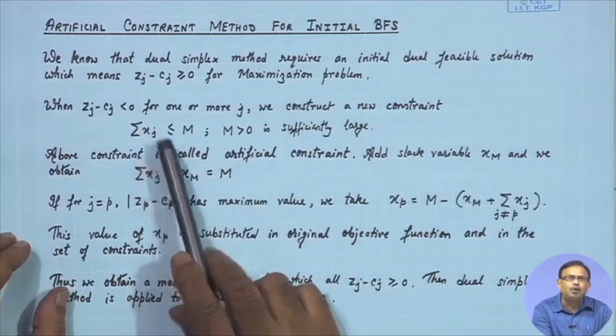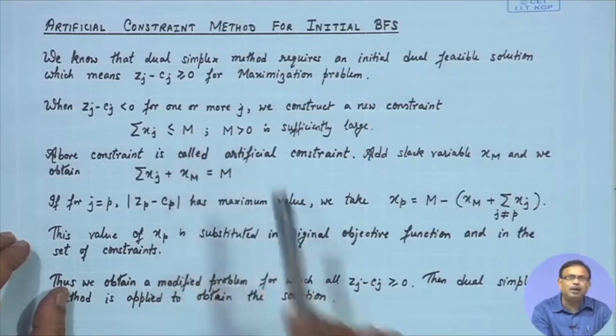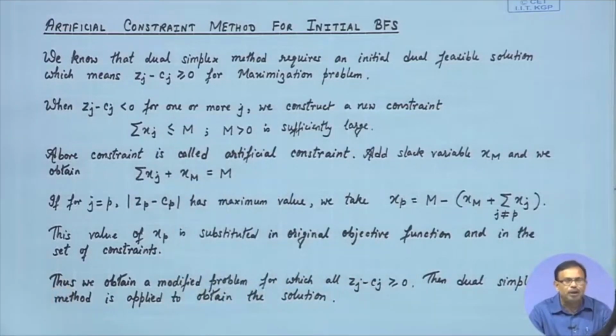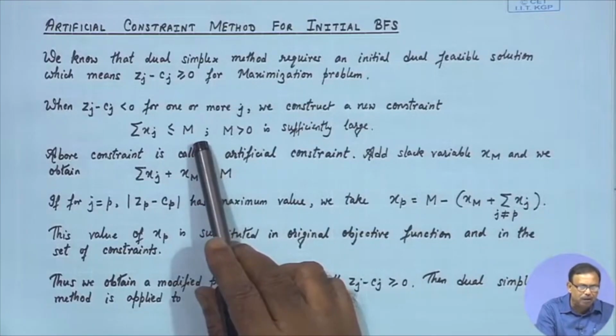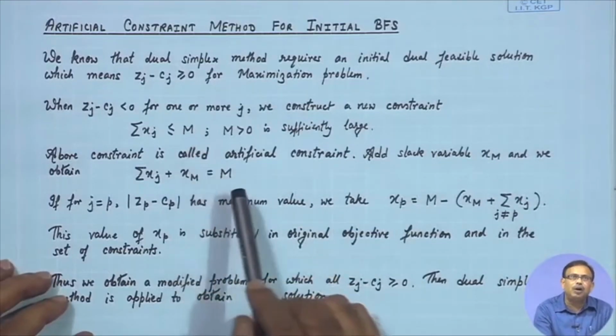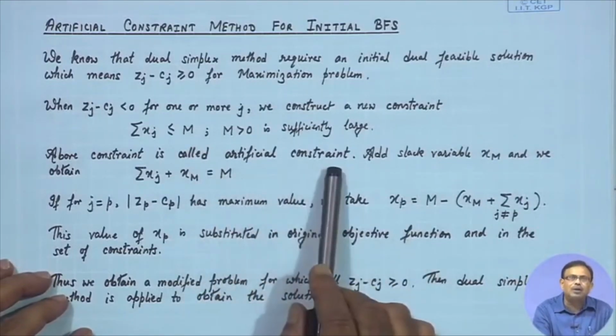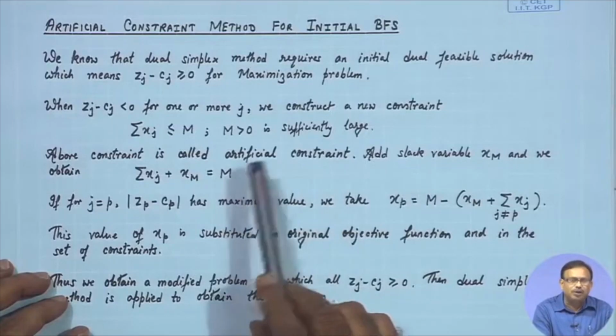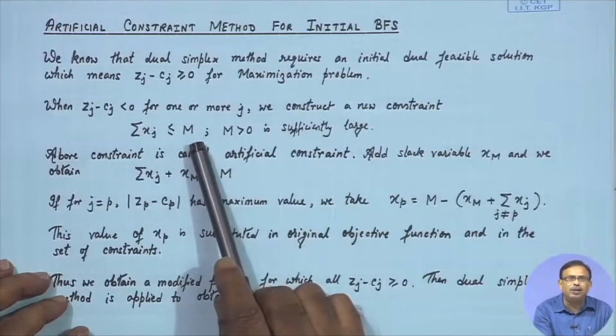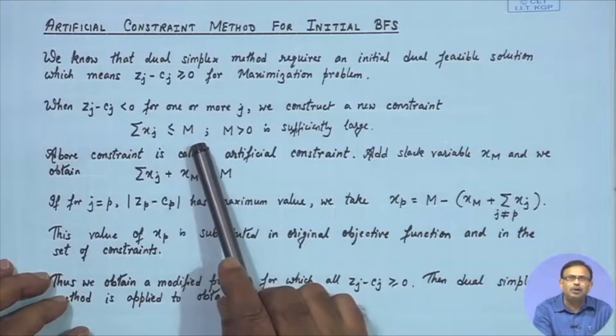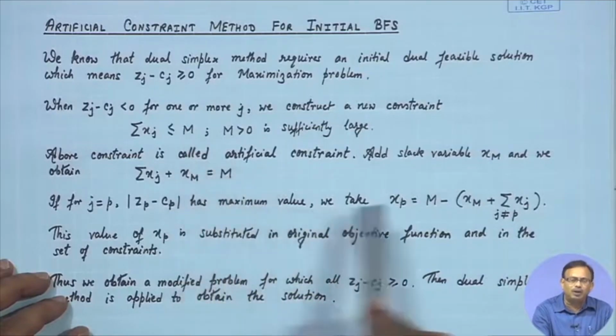That is, the sum of those variables I am making less than or equal to some quantity which is sufficiently large. That above constraint whatever we have discussed, this constraint is known as the artificial constraint. Since this new constraint is less than or equal type, to make it equality, we have to add one slack